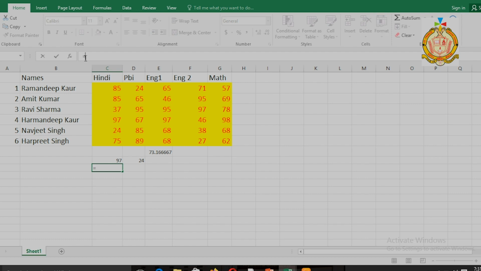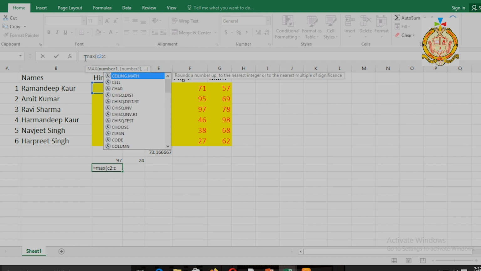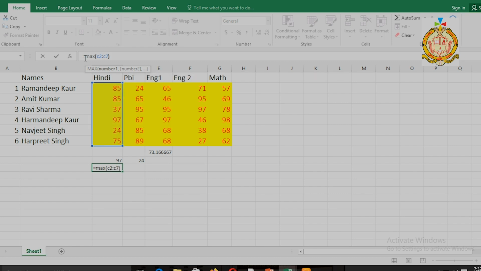Equal to max, then bracket, and we have to give the argument value like C2 up to C7, and close the bracket, enter. See, both ways the result comes the same. Okay, but you have to learn both ways. Sometimes our mouse, sometimes our keyboard is not working, so at that time you can use this function.